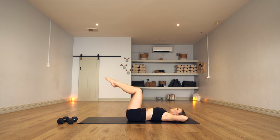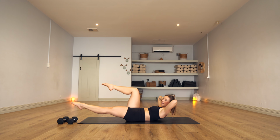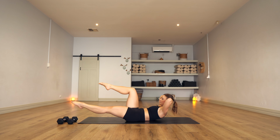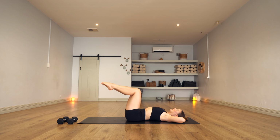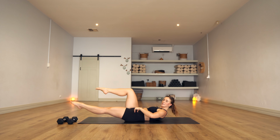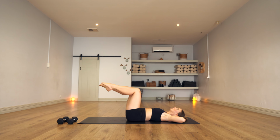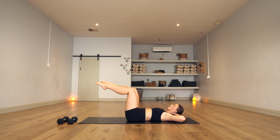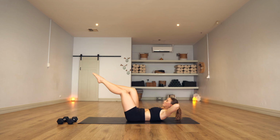Now, as we lift up, we're gonna extend just that left leg out, bring it back, just that left side. Lift it up, lower down. Good. Now, as you lift up, try to keep your hips next to each other. Try not to let one side slip up. Good, you're here for 4. Check in with that right leg, make sure it stays in that tabletop. 3, 2,